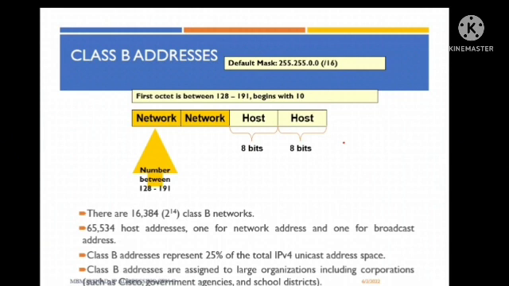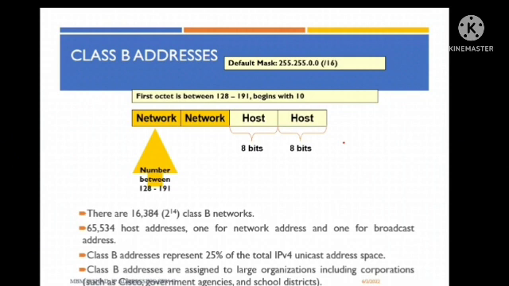Why do you have 255 twice? Because you have two octets for network in class B. If you don't write in the format of octets, you can write /16. So if you look at the class B address,